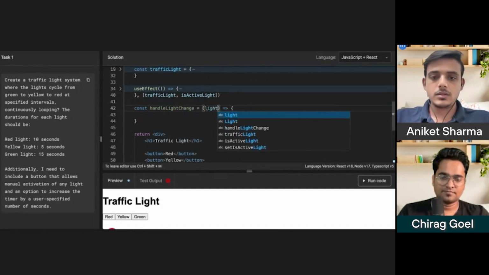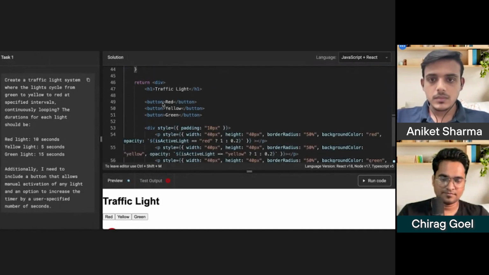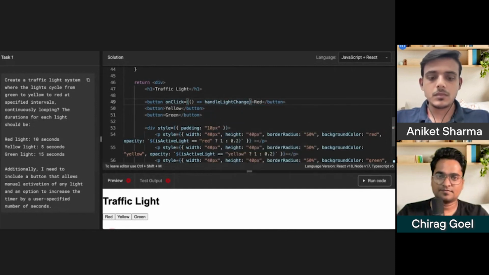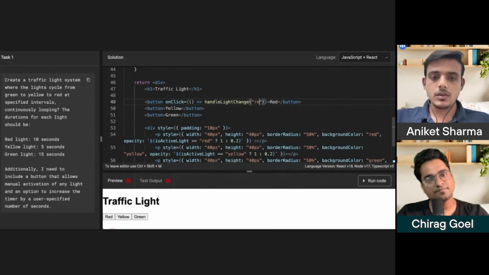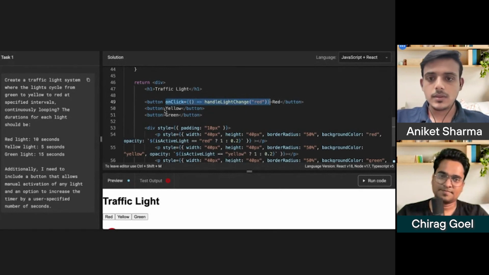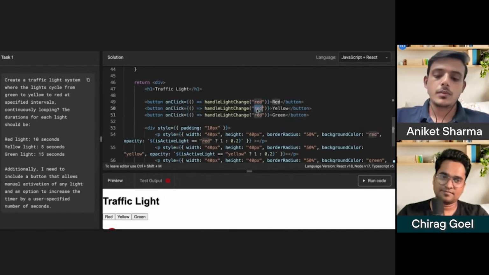Okay, light. So for this would be a red one. Okay, and similarly for other, let me copy this. Yellow and then the green.